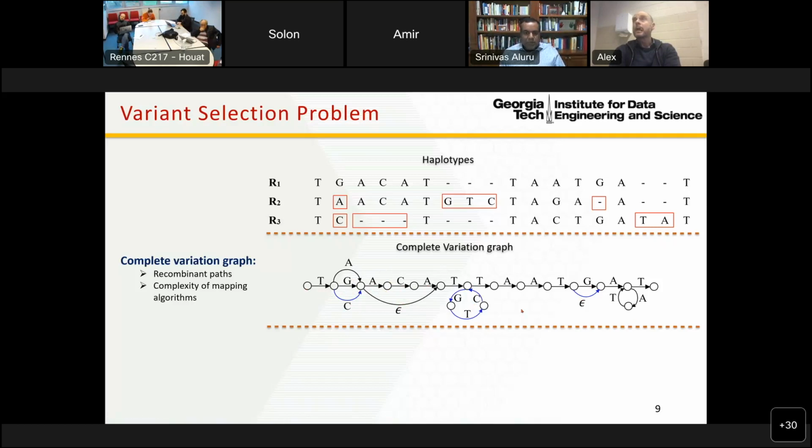So the question is, why not just use the complete variation graphs, because they're not that hard to build. You have your sequences and all the variations, so you can just walk through and build this graph. So why not just do that and use them? So the answer is that when we are trying to do read to graph mapping, the read is mapping to